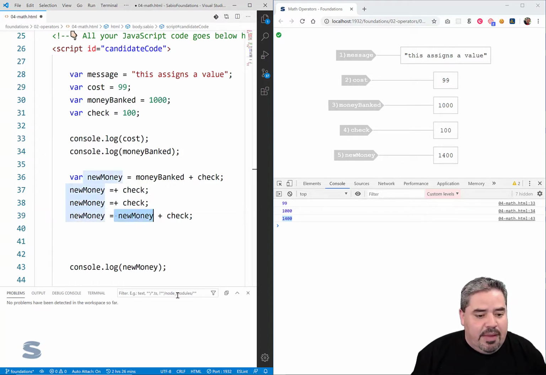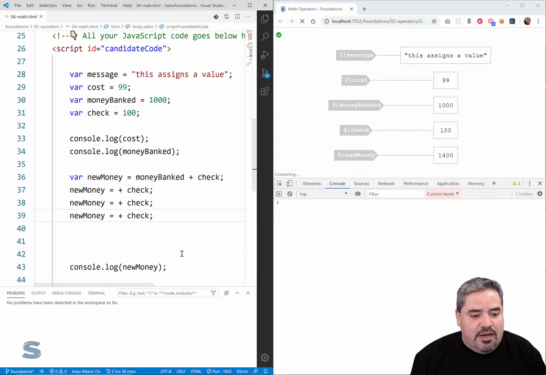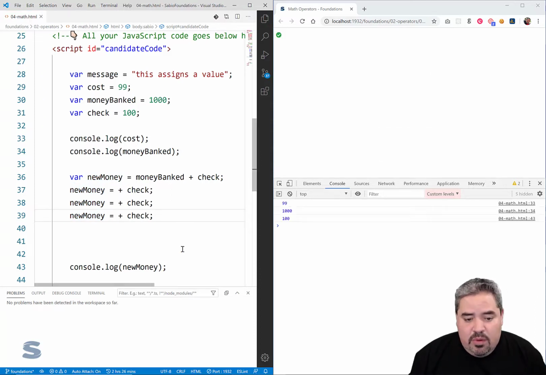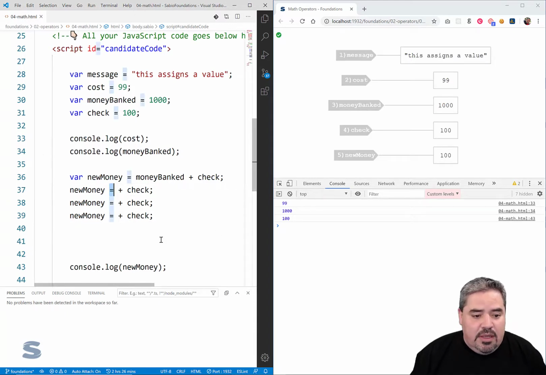I might have that backwards. I'm dyslexic. So we're going to find out real quick if it's equals plus or plus equals. And it turns out that I did have that backwards. It's going to be, because, see, look, new money is equal to 100. Not good. So I want to say plus equals, right? And then what the plus equals is going to do,